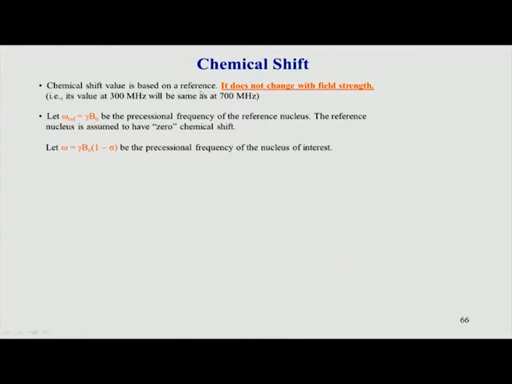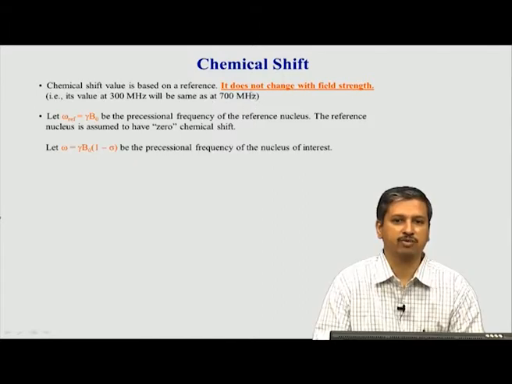The reference is used because if I record an NMR spectrum at some particular spectrometer, let us say I have a 300 megahertz in my laboratory, and I take the same molecule and I go to 700 megahertz in some other laboratory, then I should not get a change in chemical shift, because chemical shift is inherently related to the structure of the molecule, and if the structure cannot change from here to here, then chemical shift should also not change. So, therefore, to preserve this uniformity of chemical shift, we use a reference, and with respect to the reference, always